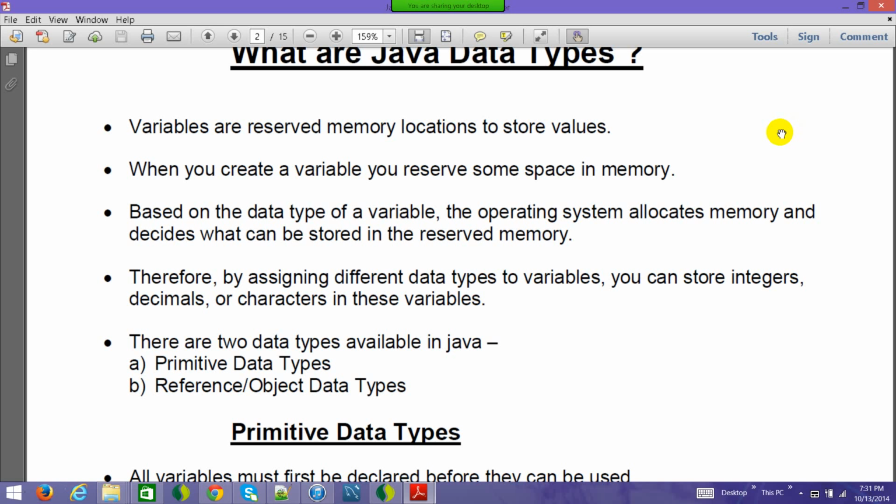If a particular variable needs a bigger memory location, you won't use a smaller memory location data type for that, right?